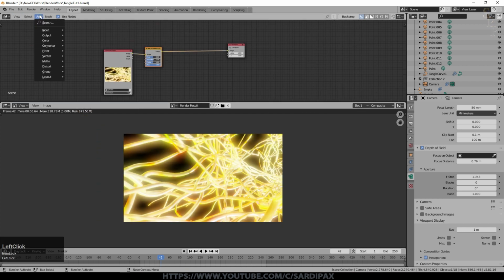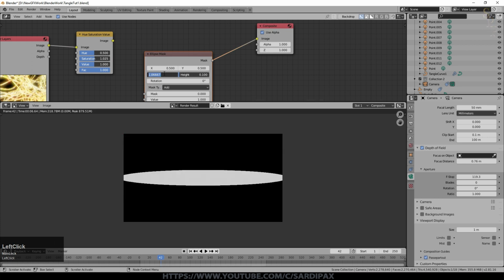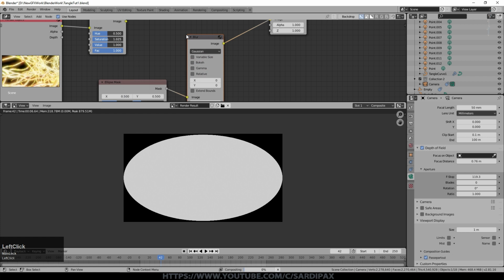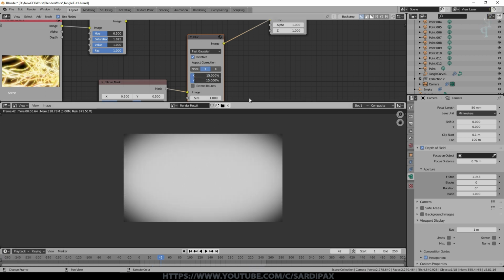And then finally, I'm going to add under matte an ellipse mask. And to start with, just replace the image with it and set the width to 1. And I had the height set to about 0.55. I'm going to add a filter, which is a blur filter. Set it to fast Gaussian. Relative, which allows it to account for, when you select that, the difference in the X and the Y aspect ratio. I use about 15%, and you can see we've got a nice sort of blurry element there.